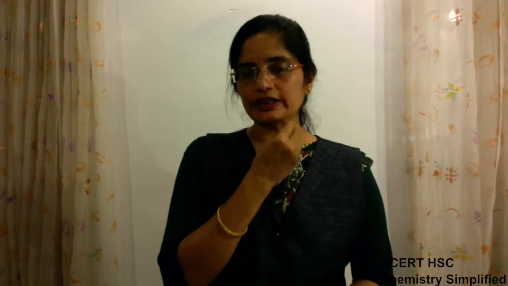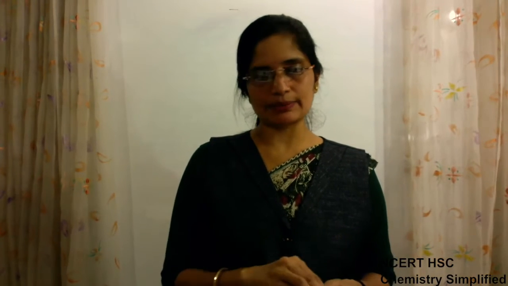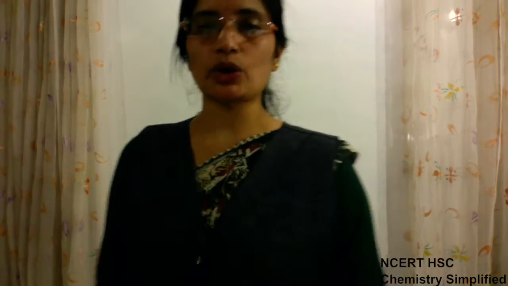Start with the remaining portion. Very little of the chapter is left. So by now we have finished the rules for filling of electrons, and the model which is the acceptable model, that is the quantum mechanical model of the atom. Now today we have to talk about the shapes of atomic orbitals.